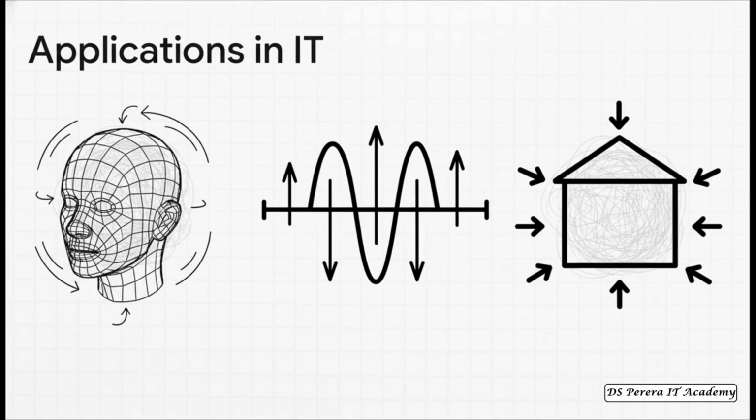And the applications are literally everywhere you look in IT. In computer graphics, every single point on a 3D character model is a vector. Moving or rotating that character is just your computer performing thousands of vector operations every single second. In networking, signals are analyzed as vectors. And in computer vision, detecting the edges in an image relies on vector calculus. The bottom line is this math is not just theory, it is the practical, hands-on toolkit for building the modern